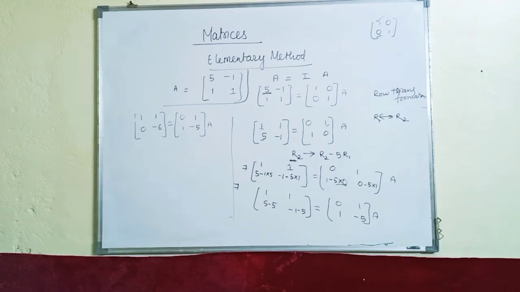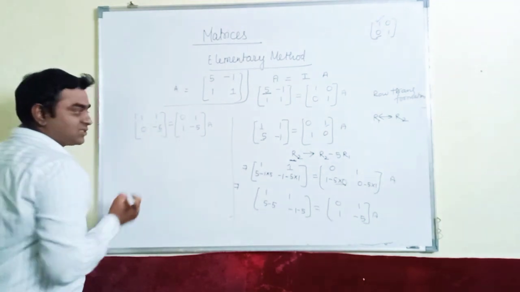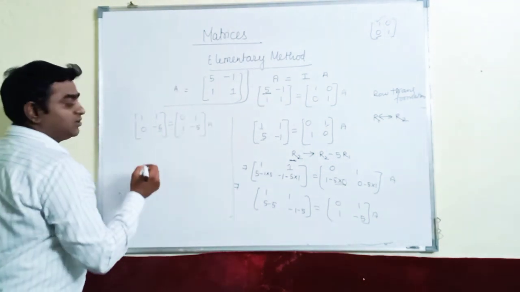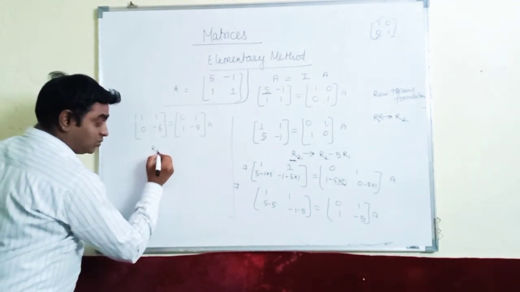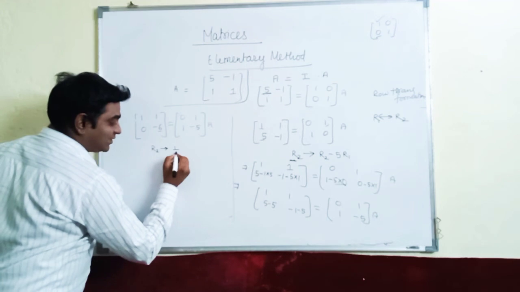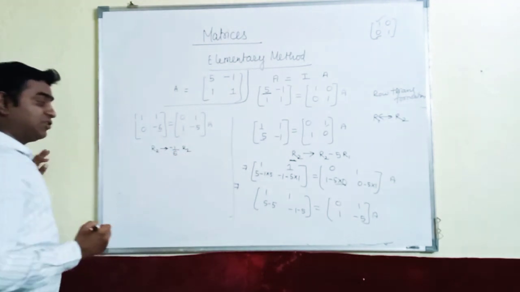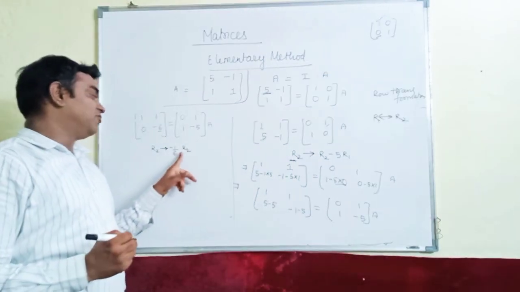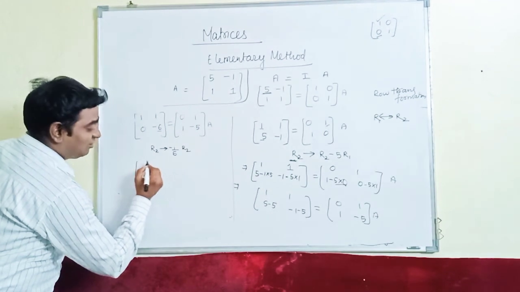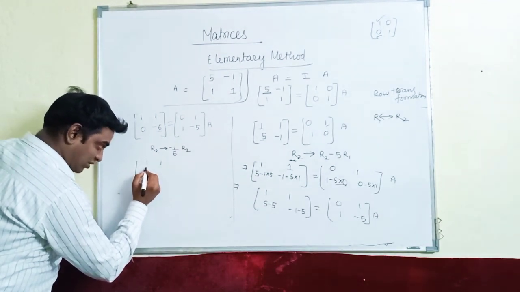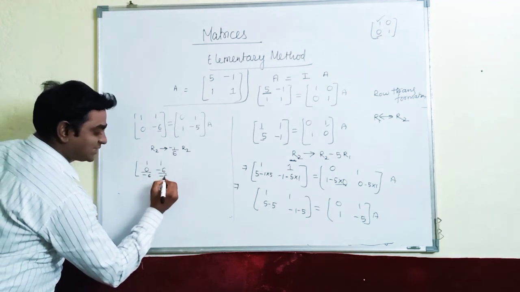I think what you do, you can understand. This is minus 6. First go for dividing it by minus 6. It will become 1. So R2 gets 1 by 6 times, minus 1 by 6 times of R2. Means what you do, multiply R2 by minus 1 by 6. So R1 will not change. R2, instead of R2, what we do, right? This is minus 6 by minus 6.